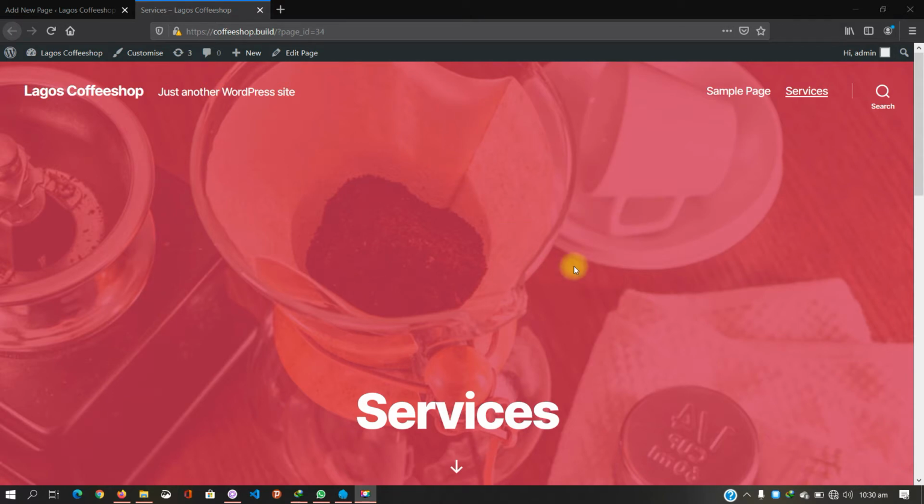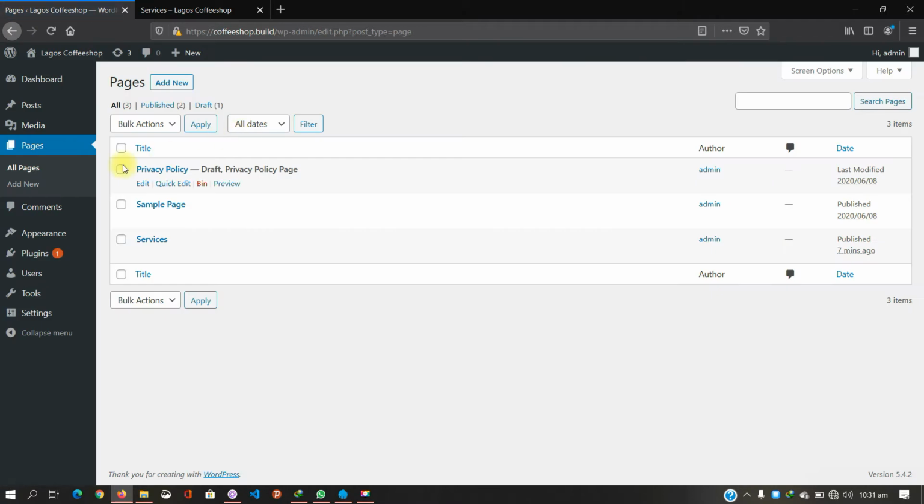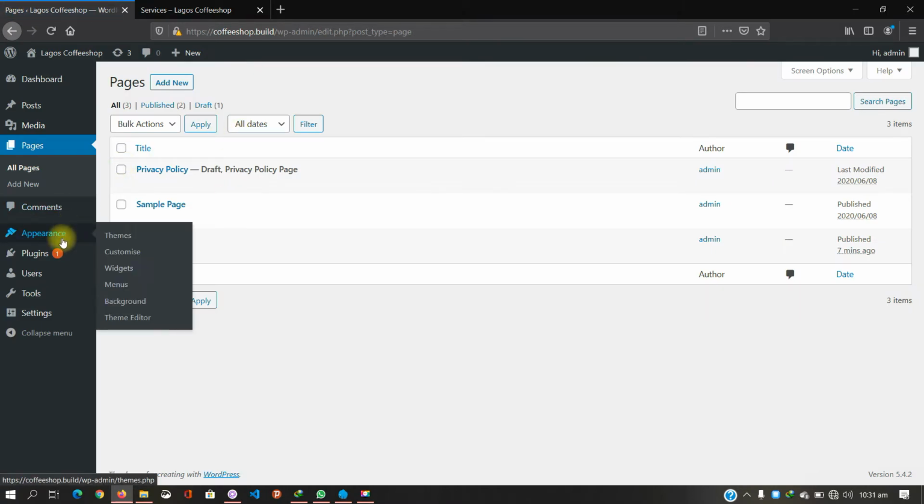Now, if you've created a lot of pages, you can create menu links for your website, like an about us page, services page, contact us page, and many more links. Now, how do you put that on the menu? Simply go back to your WordPress dashboard, then where you have appearance, you click on menus,